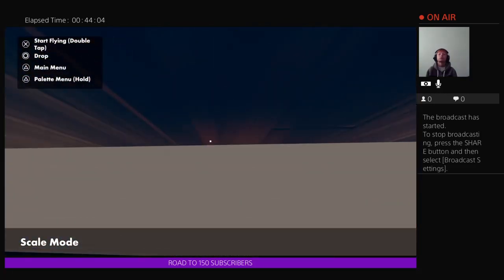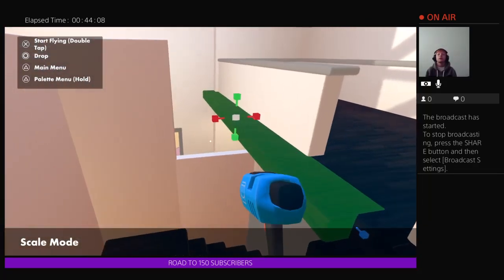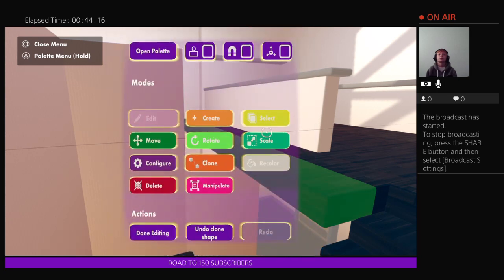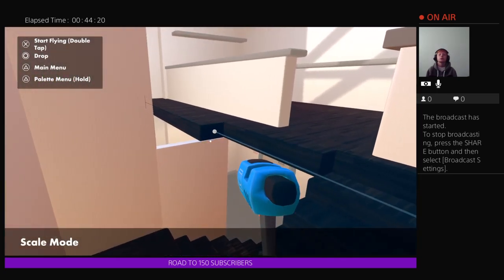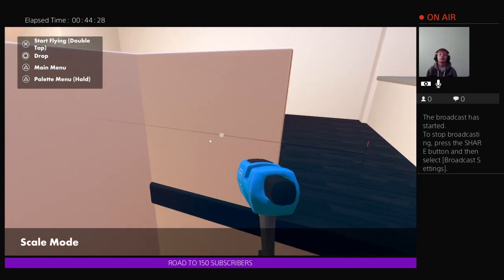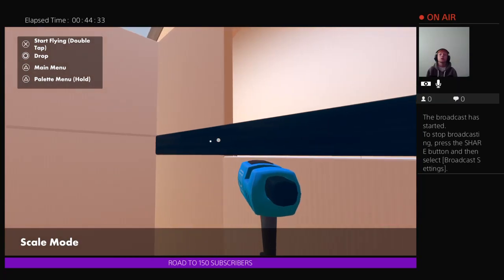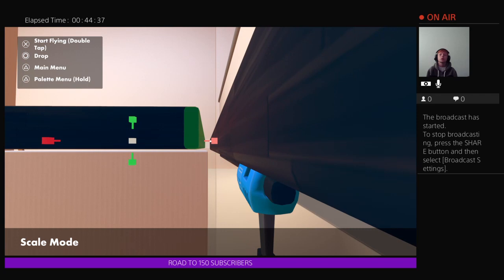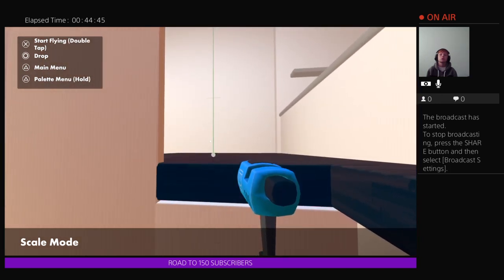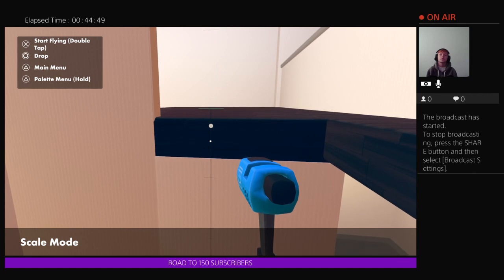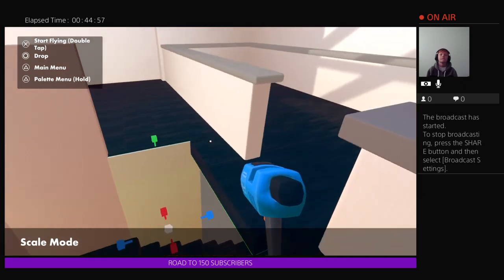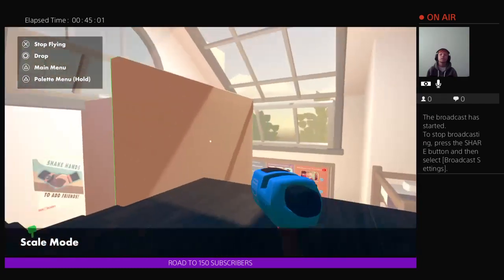Okay, right. And then I'm going to need to clone said piece, scale said piece, all the way out here, scale said piece into this wall, scale said piece out to this wall, scale said piece down, scale said piece to there, scale this piece down, and then scale this piece up,